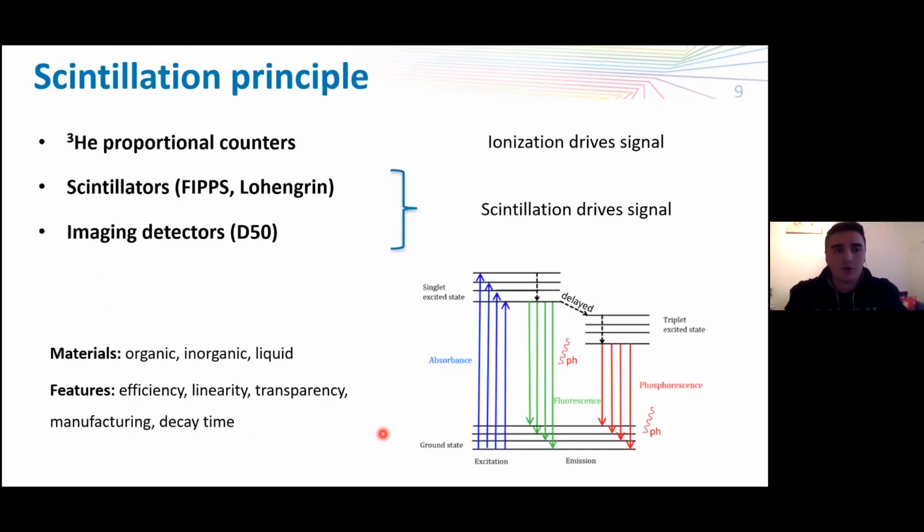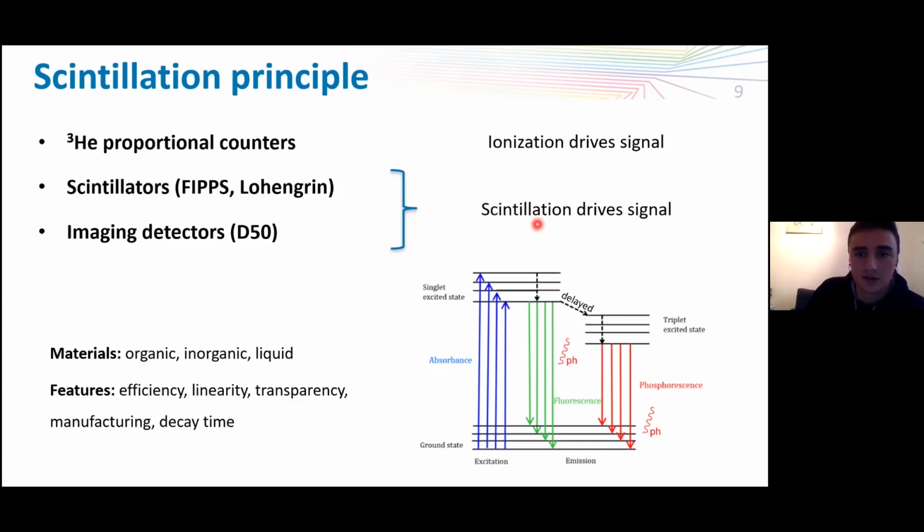What I want to talk about now is I would like to shift our attention for a moment from proportional counters, which are essentially what mostly drives the science at the ILL, and have a look at scintillator detectors, as the ones we have, for example, on FIPS or LOFT and GRAND, but also the ones that make up the imaging detectors experimental setup. While in a proportional counter, the driver of the signal is the ionization of the filling chamber in order to have these electrons amplified and then collected at the anode, what drives the signal in a scintillator detector is the scintillation